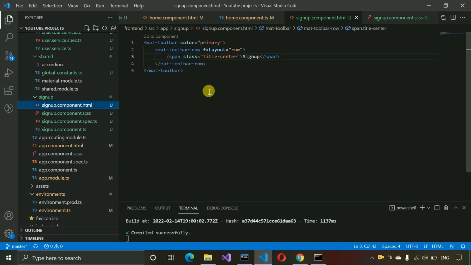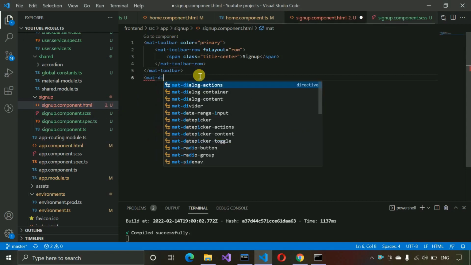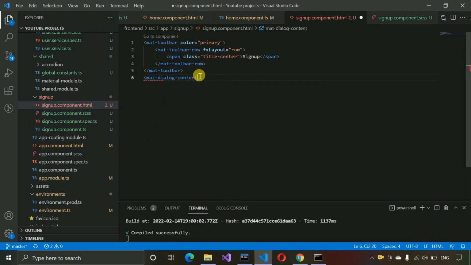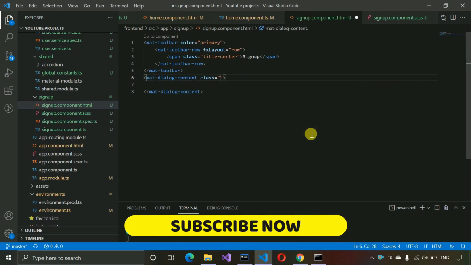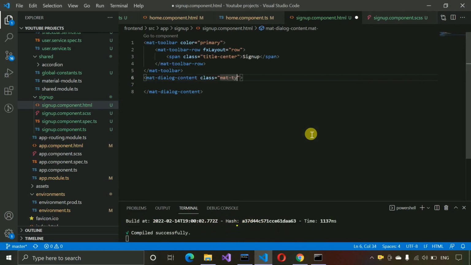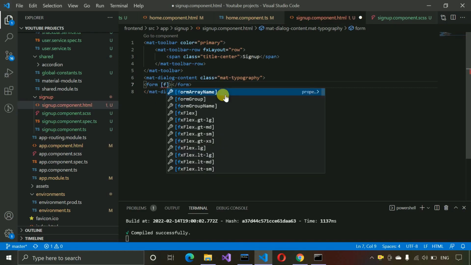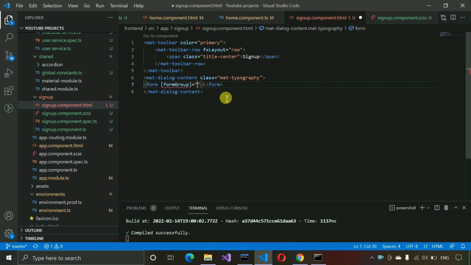So now we have to add the mat dialog content we need to display, so this one we have to write. Here we also need to write a class inside that, mat typography. Then here we have to create a form. So form, and the form group should be sign up